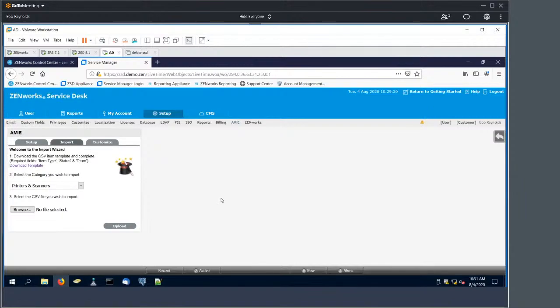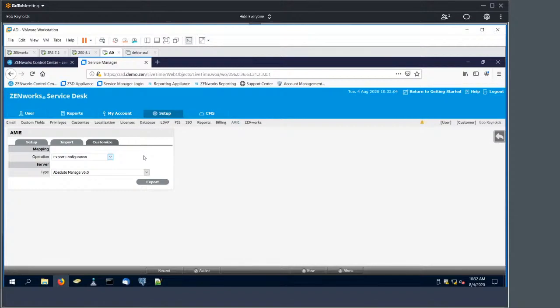Now the last piece gets to be a little more complicated. Bob didn't like the default connector because I do want to bring in asset tag, right? I've started branding a new custom field in ZENworks called business asset tag. And my process over there says ZENworks is going to look at a workstation's registry to bring that field back, right? That's a known process in ZENworks. But now I want that custom field brought into Service Desk, and the default connector doesn't know how to handle that. So I had to make my own connector. And we can give you